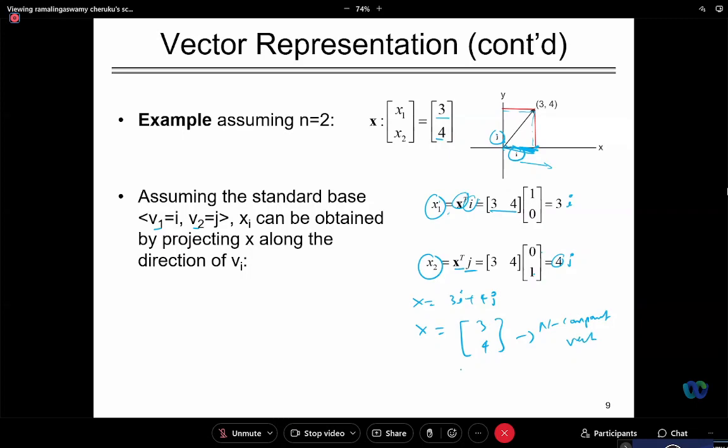Are also represented as 3, 4 in the coordinate systems. The vector algebra, the vector